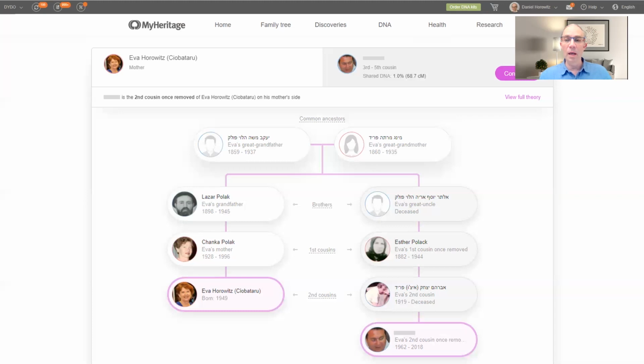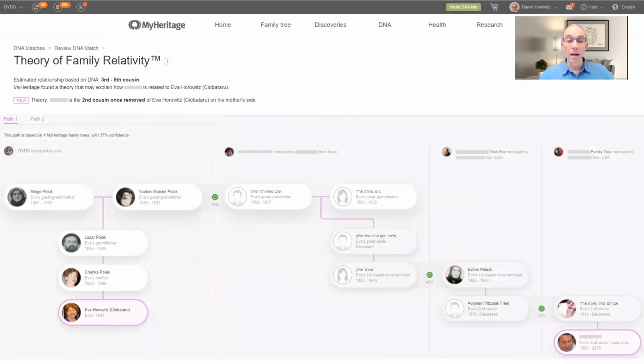information from. And we will give you all the details right here when you click the View Full Theory link. Now I understand better that MyHeritage leveraged all the family trees and records that it has in its database and went up through my tree until the point where it found a smart match between my tree and another tree, and then went through that tree into another record or another tree, and so on